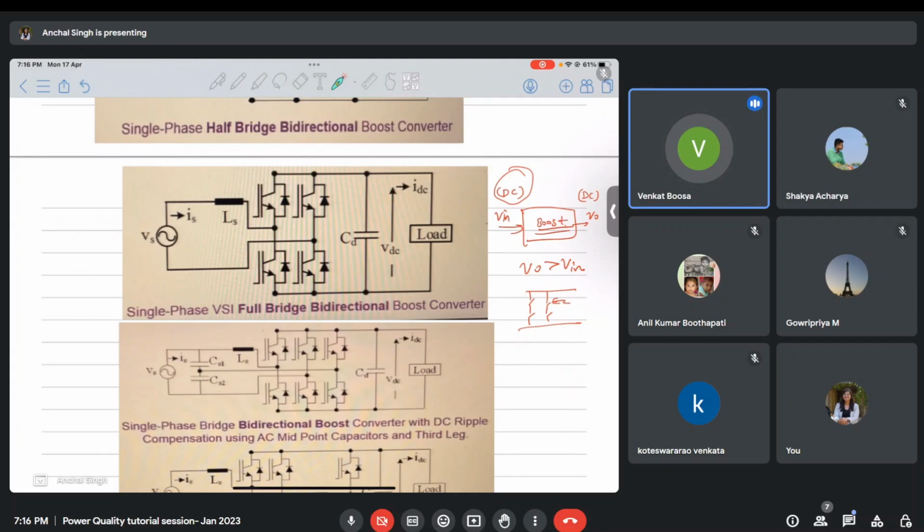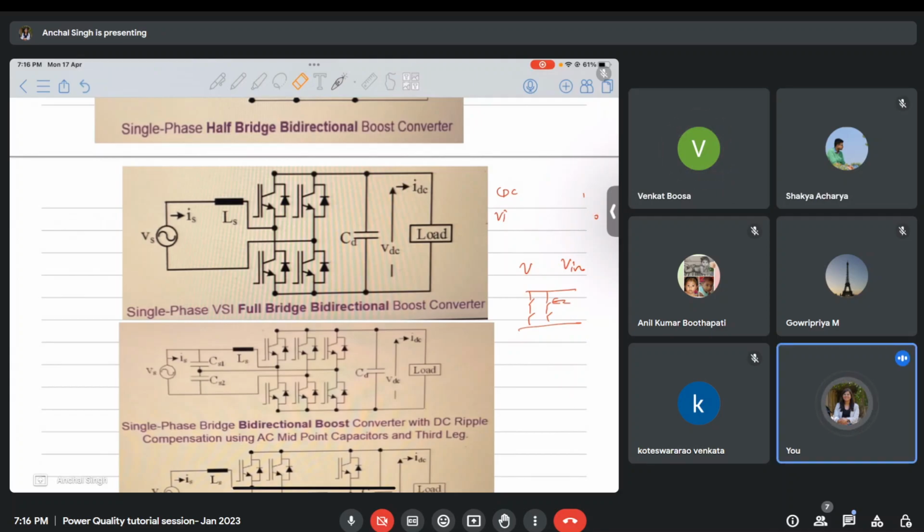Madam, here in this circuit, does only the capacitor act as a boost converter? Here it is the available DC output of the circuit. If you look at the working of this particular circuit, then when you are turning this switch on, this inductor will charge, right? And this diode is there, so this inductor will charge. And when I am opening this switch, then this inductor will give its energy to the capacitor. So that means the boost operation is happening, right? So this is the inductor and the capacitor that are involved in the boost circuit.